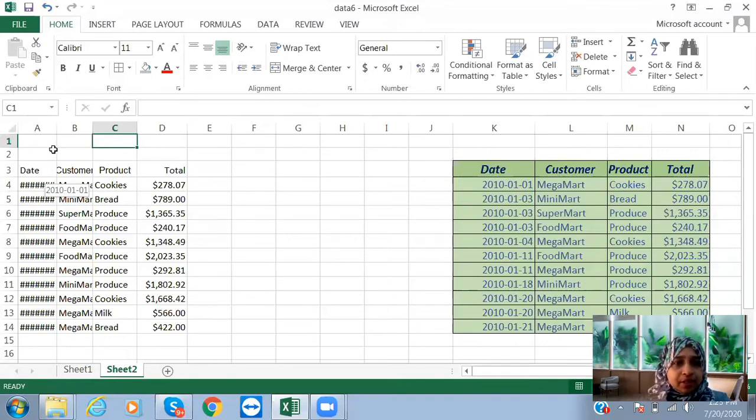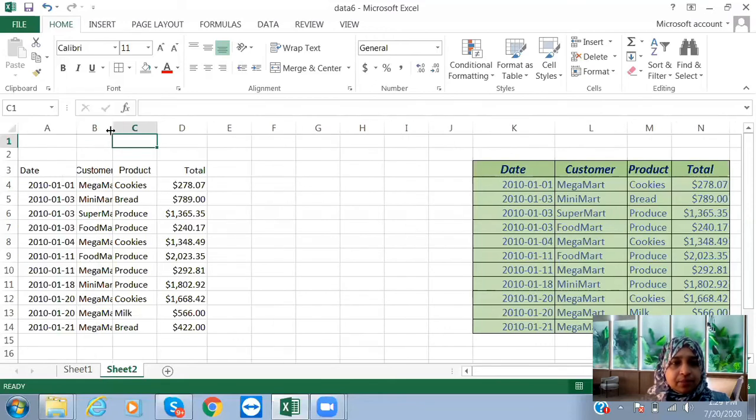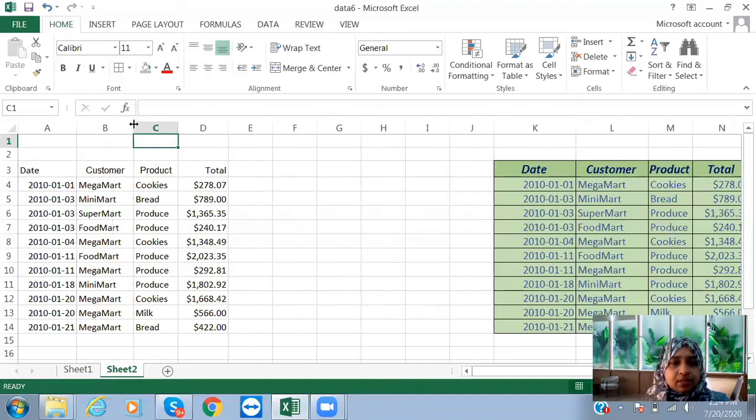So here what you need to do is adjust the width. That is the reason you are not able to see the date properly. So you can just drag it like this. You can extend it. See here, once you keep your cursor here, you can see this icon now. So you can just extend it like this. That way you can increase the width of the column. So column width, you will be able to increase it.